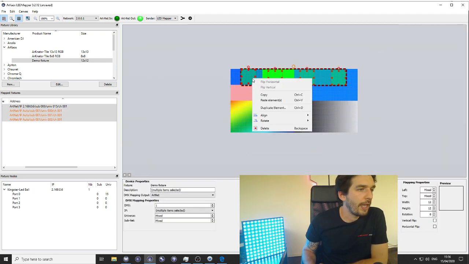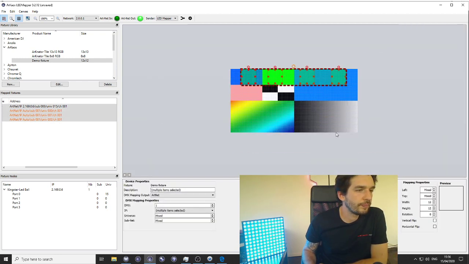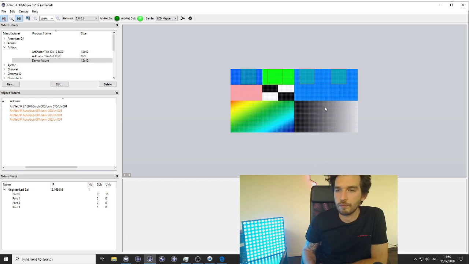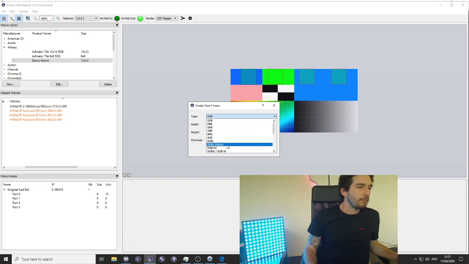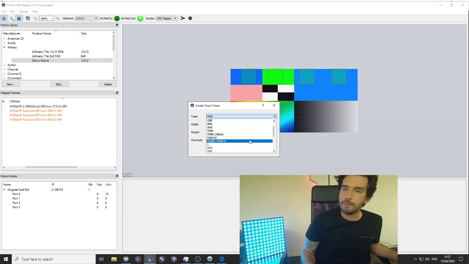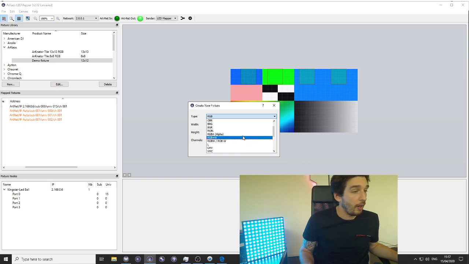Bottom row, I do have some moving heads, pixels, moving heads, and I'm going to create one there for you. Click new. My pixels will be RGBW, let's say.